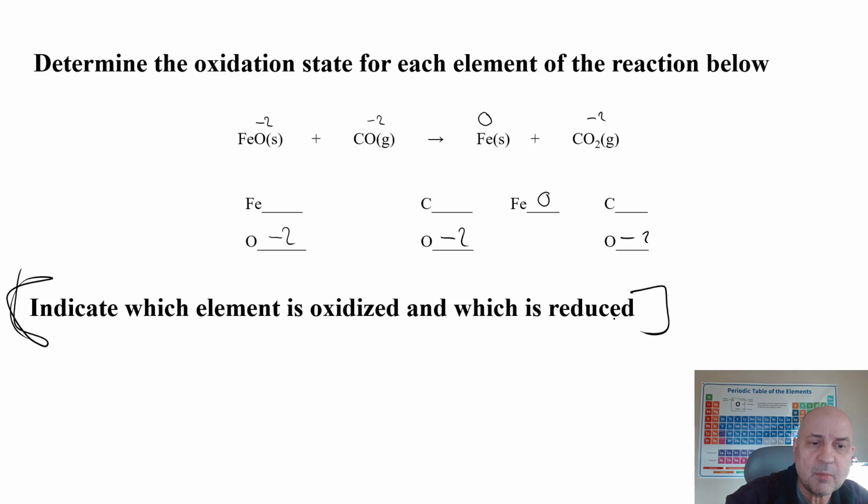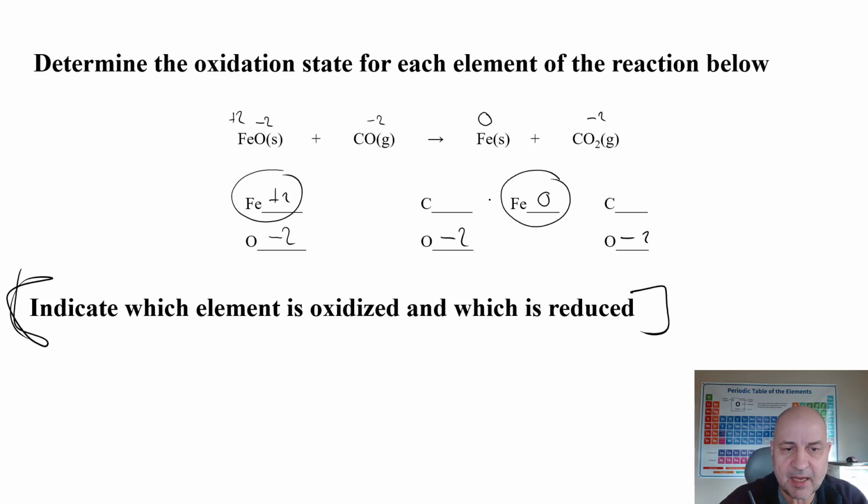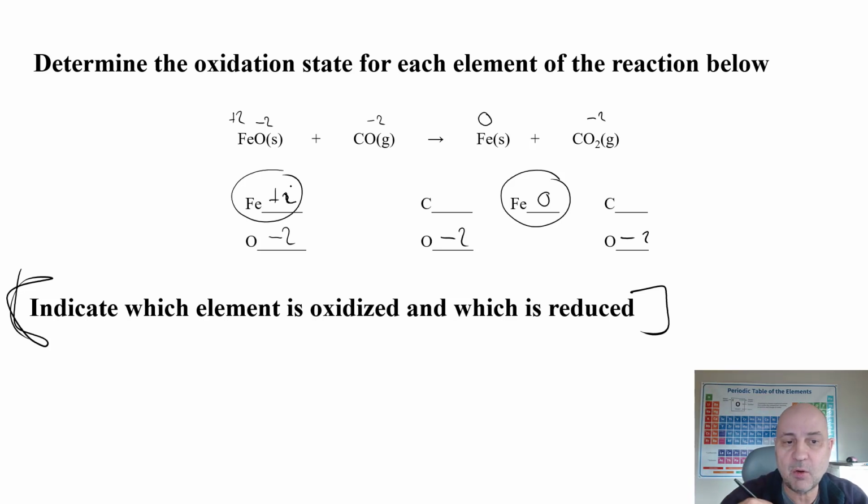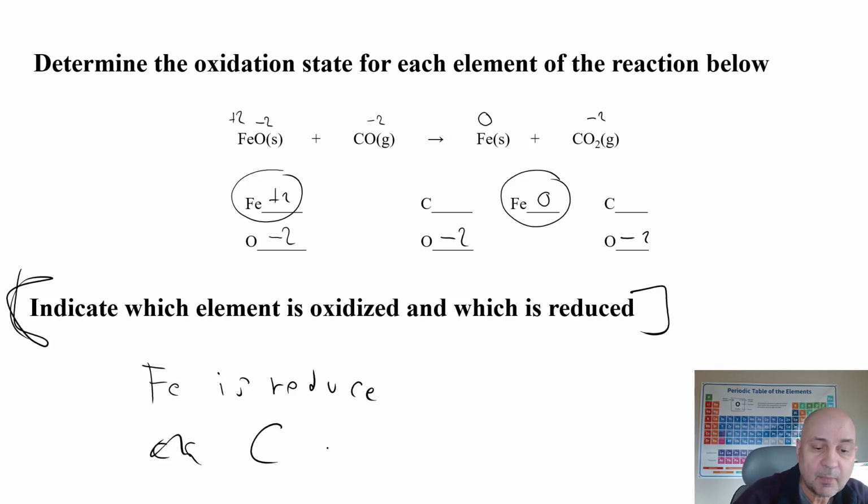So now we can determine the charge or oxidation state of iron based on the 1-to-1 ratio. So this has to be +2. So we know that iron went from +2 to 0. It gained electrons, right? So that means it was reduced, or another way to look at it is the charge or the number was reduced from +2 to a lower number. So that's a reduction. So I can now answer iron is reduced. I can also answer that carbon is oxidized, because it's the only